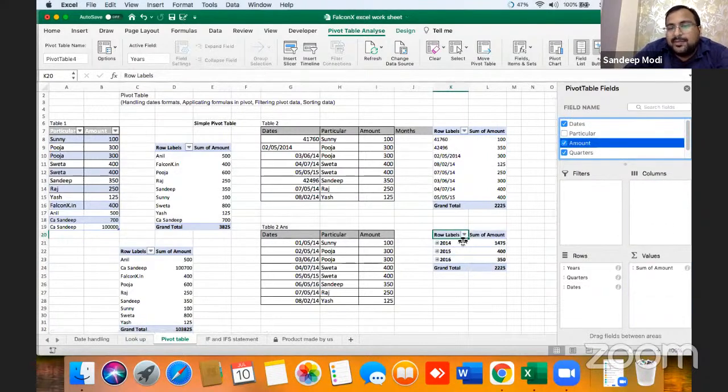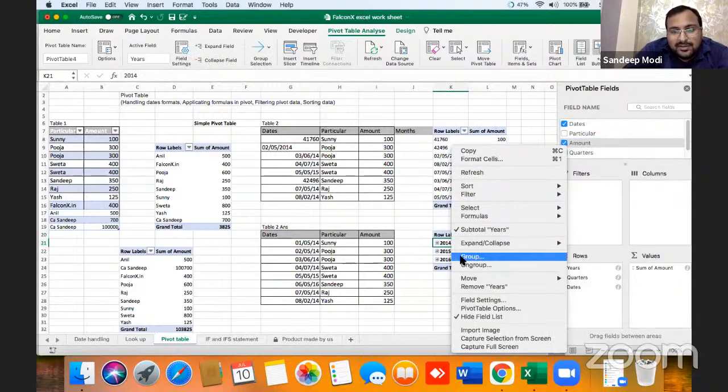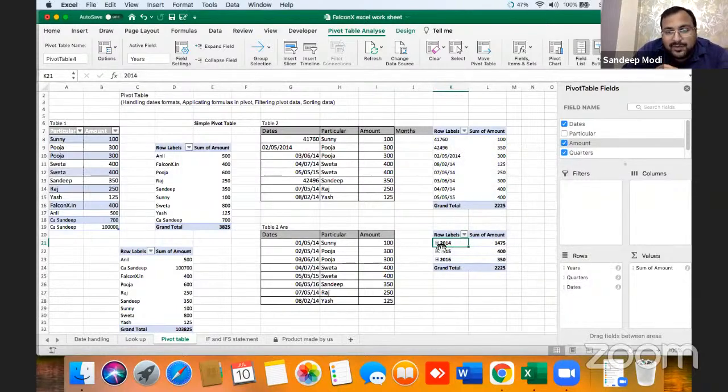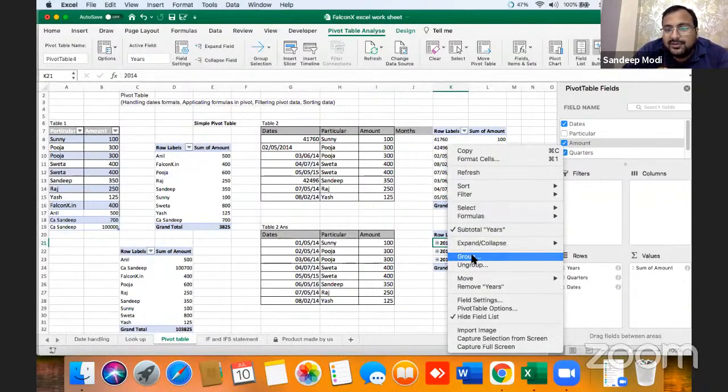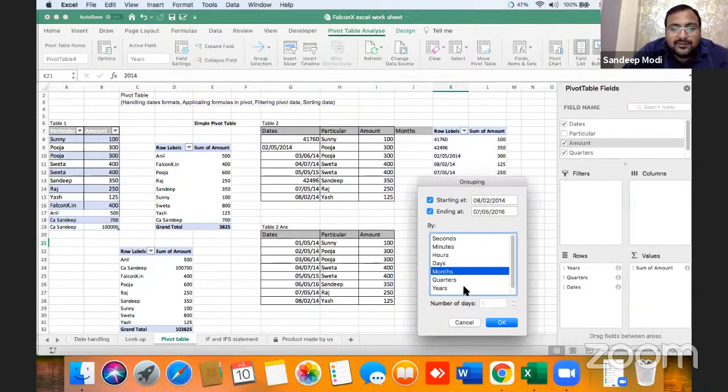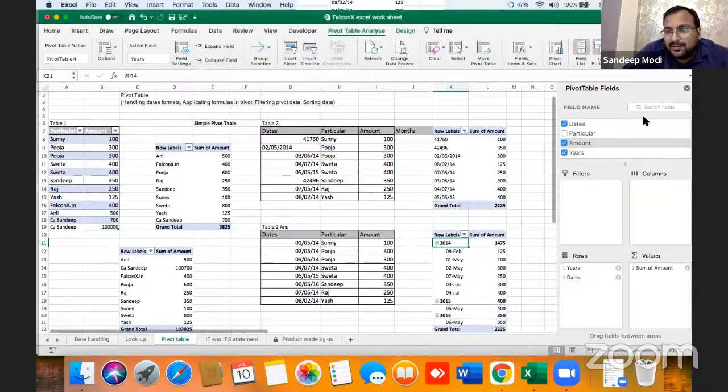Data is already clubbed month-year wise, but Sandeep हमें तो month wise चाहिए या date wise ही चाहिए. When the dates are in the proper format, you can just right click and group, ungroup. Whichever format you want for the date, you can take it.